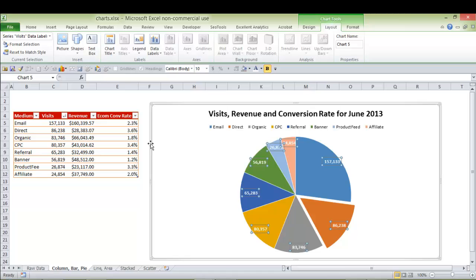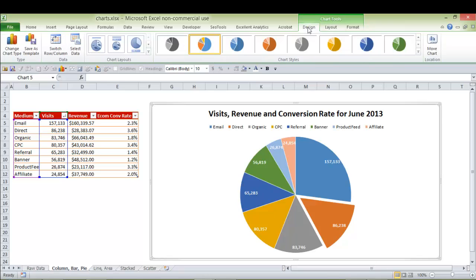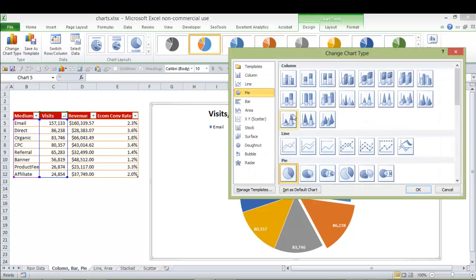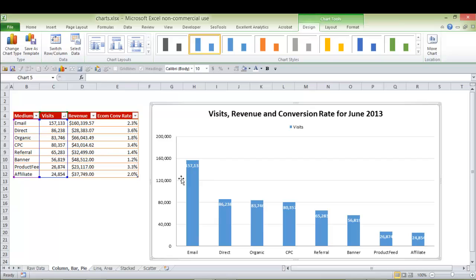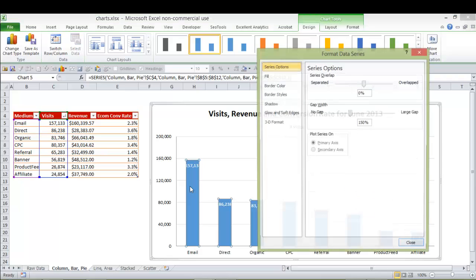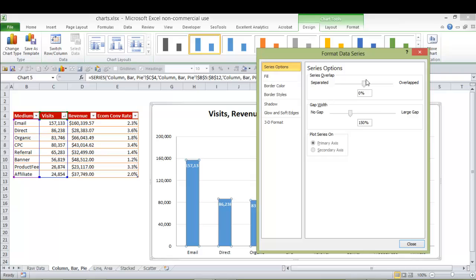Now, there is one other thing that I wanted to show with the columns, which I forgot. So let's choose Design, Change Chart Type. It's hard for me to say. Go to column. No, actually, let's just keep one. So let's say that you don't want to have this axis here. Well, then what you could do is leave these data labels in here. Now, it is a little small, so what we can do is select the series. If you just select one of them, it will select the whole series. Press Control or Command 1, and